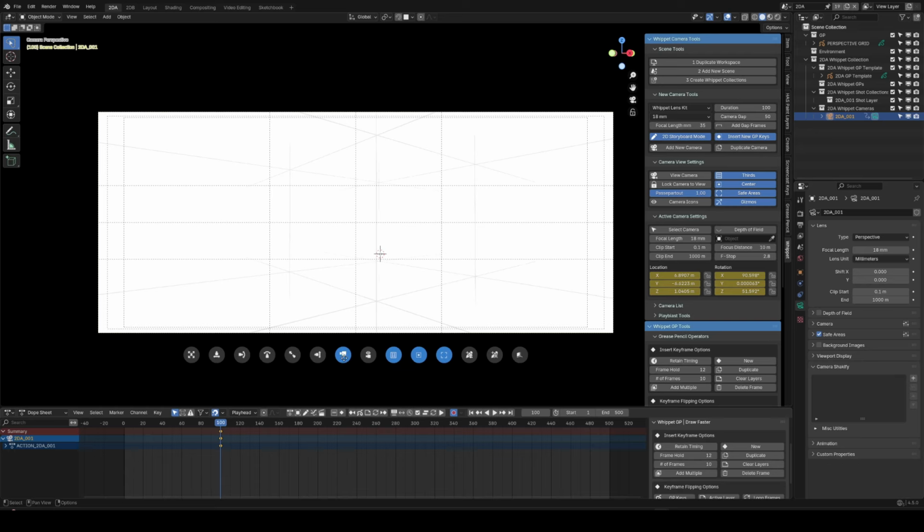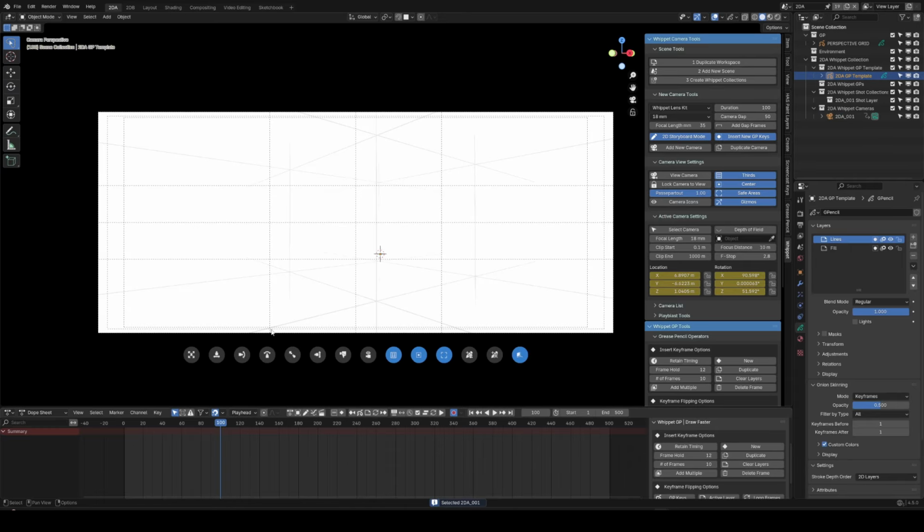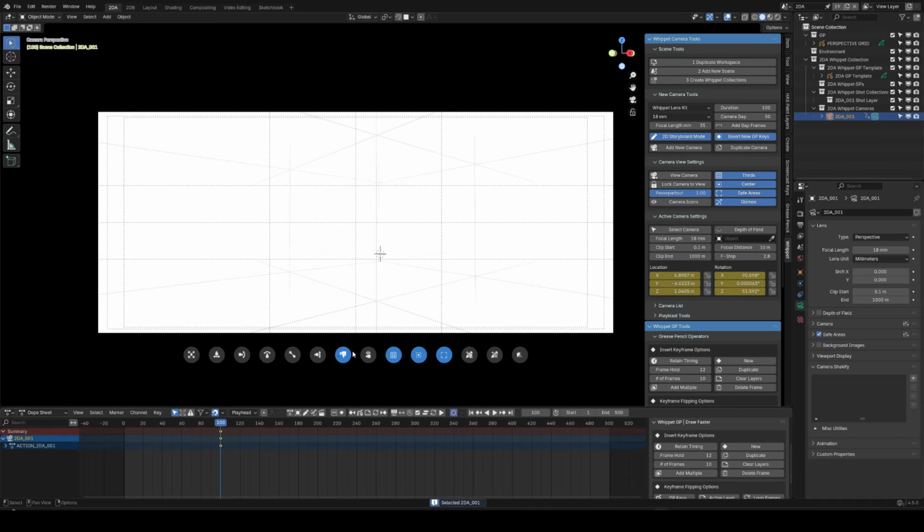This one allows you to select the actual camera object. So let's say you're on something else and you want to actually make sure that you have the camera selected. That's that. This is, again, the camera icons, which is this button. Basically, it'll hide all the other camera icons in the scene. So if you have like 10 other cameras in the background, you can hide all of them. These are your field guides. And then this button here will add a new grease pencil object right in front of the camera. This one will add a grease pencil object